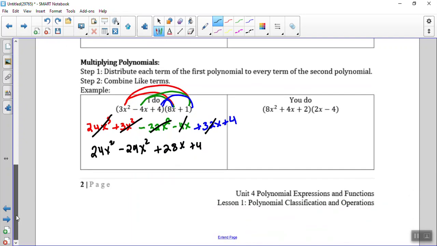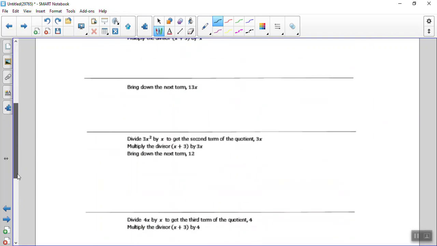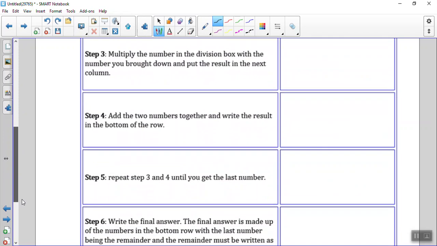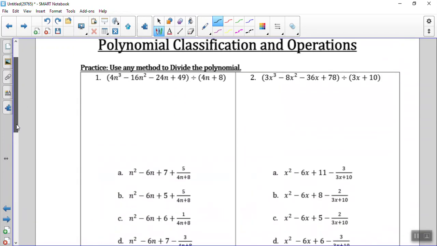Have you tried this one? Alright, when we're dividing polynomials, you have a bunch of different steps. I'm going to actually skip that for this video. I'm going to make another video for this. But I did want to go over the last page where